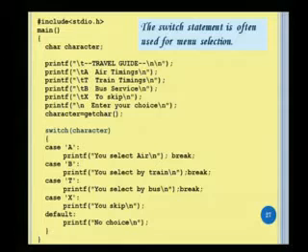Then we are having T. The case T defines that you had selected by bus, and break. The last statement is case X, that you are skipping by not selecting anything. Then the default statement, when we are skipping, will print no choices. If we are not taking any type of choice, it will print no choices.